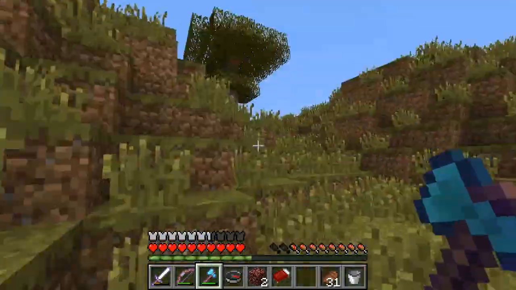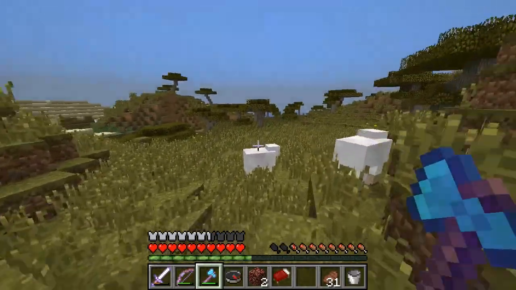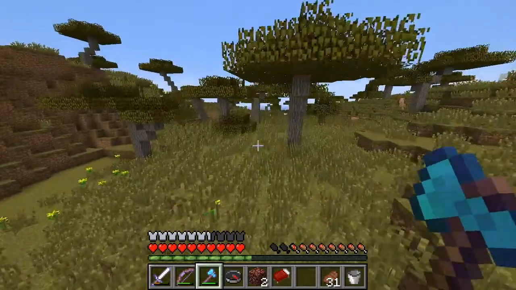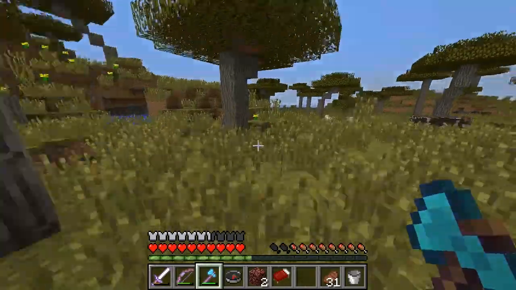I'm not going to stand here waiting for them. We have one sapling. We're good. We have acacia logs. And the planks are interesting red. Very dark. Well, actually more of an orange. Very bright orange red. That's kind of cool. Now, I don't know if we can find